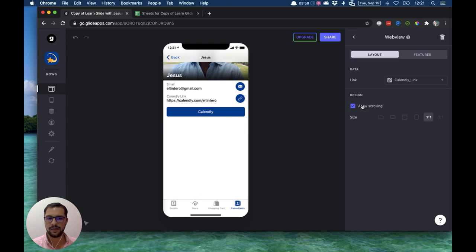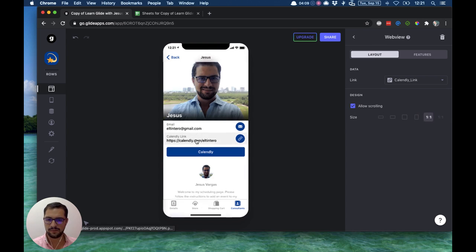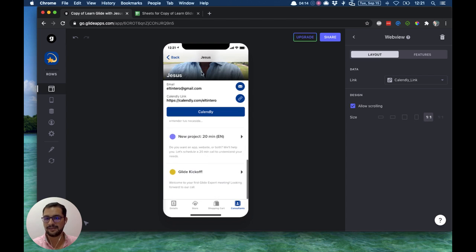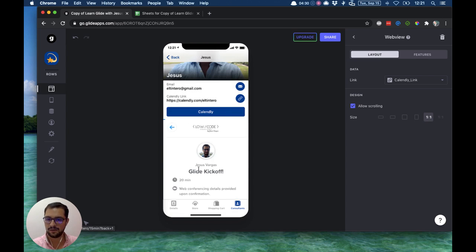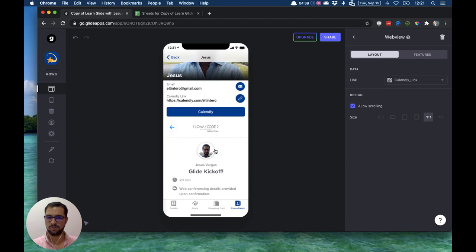Then I want to allow scrolling. And then we have the size. You can set it up in different ways. I haven't tried this. Let's make it 1:1. Apparently this is the best. So as you can see, I see inside of the app, instead of having a link or a button, users have to pay through Calendly to set up an appointment with me. So it's a great tool. Use it because this is